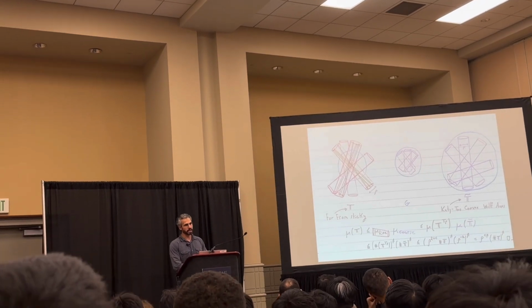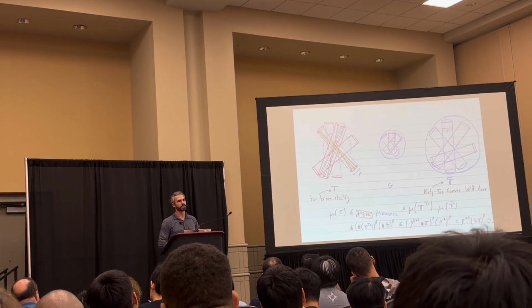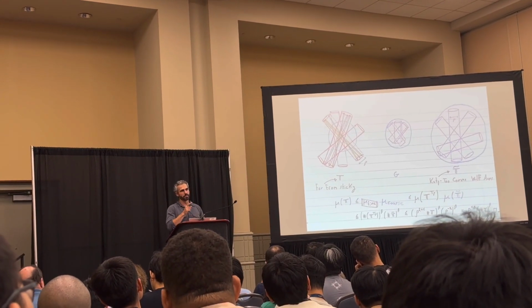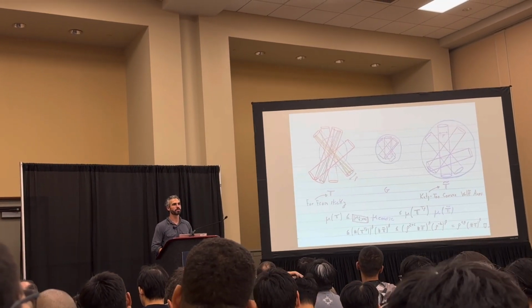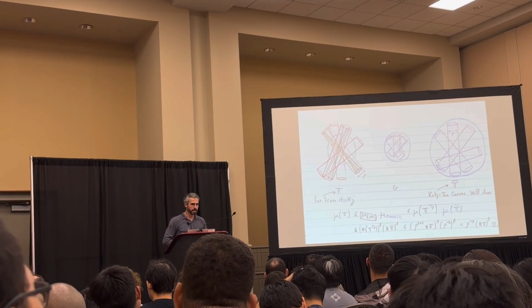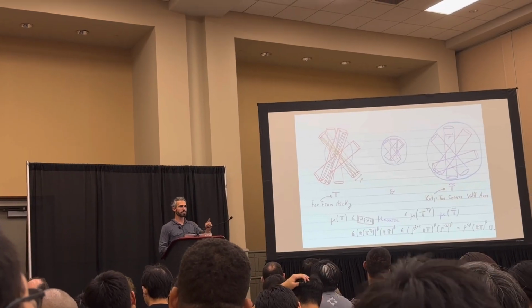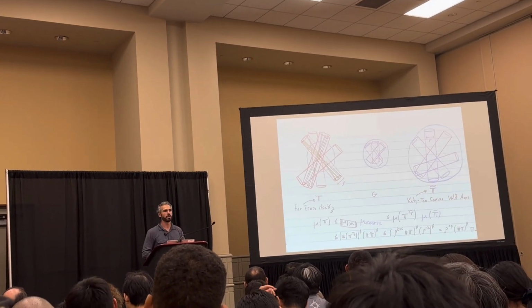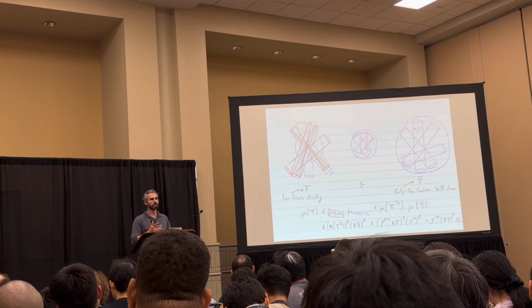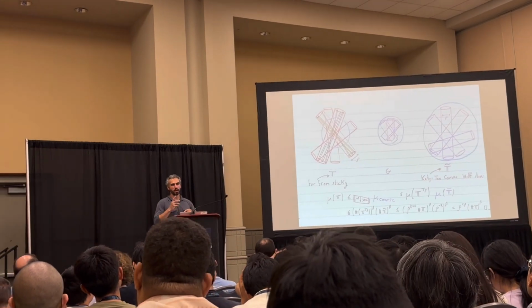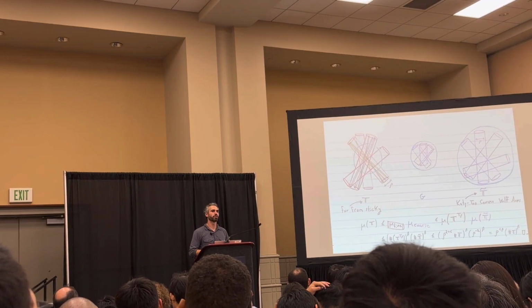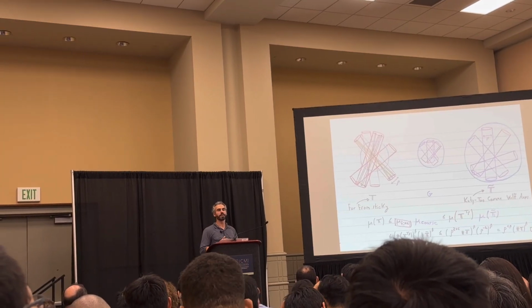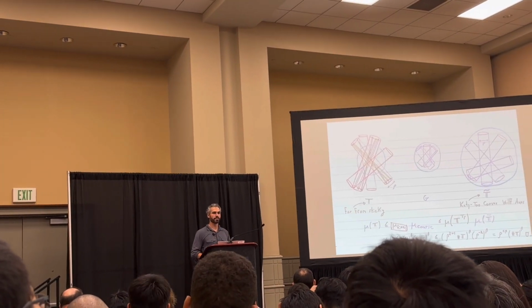And what does it mean to not be sticky? It means there are far more than rho to the minus 2 rho tubes required to cover these delta tubes. And what that means is the number of delta tubes inside of a typical rho tube is substantially smaller than delta over rho to the minus 2. That would be the maximal possible packing. That's what occurs when you're sticky. If you fail to be sticky, then you're substantially away from that.